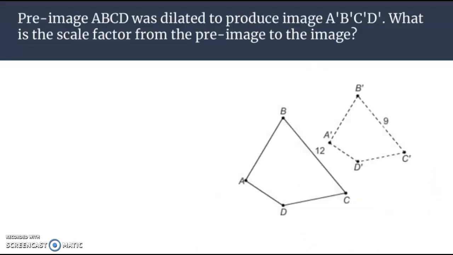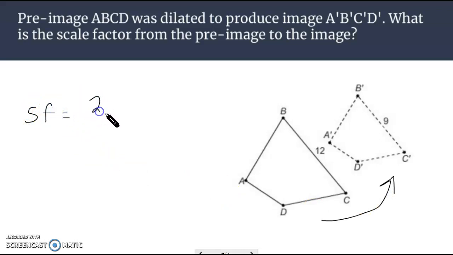Let's look at this next one. Pre-image ABCD was dilated to produce image A prime, B prime, C prime, D prime. What's the scale factor from the pre-image to the image? So we start big and we go small. It's the reduction. To find the scale factor,